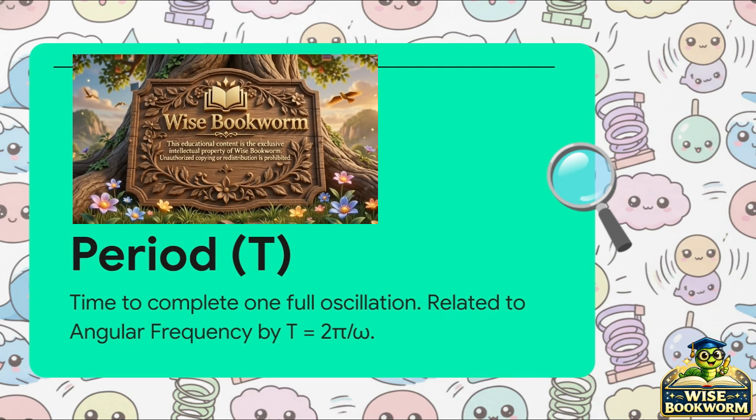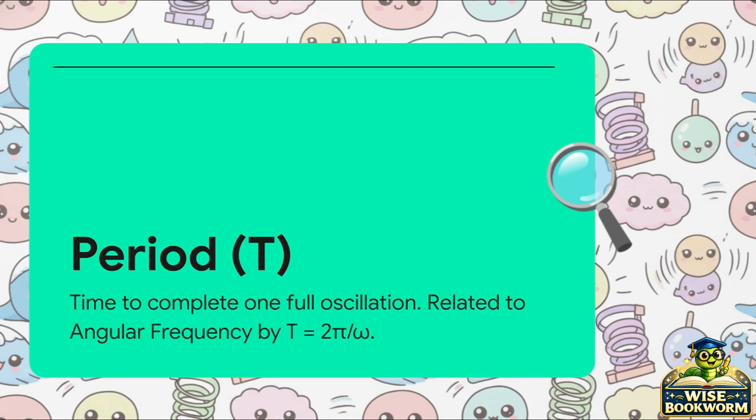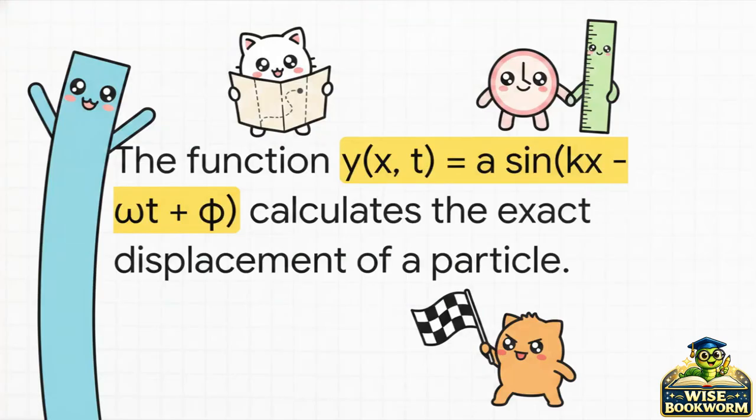And we mathematically tie that duration to the angular frequency using a really elegant relationship. T equals 2 pi divided by omega. By combining space and time, we get the displacement relation. Now, I know it might look like a slightly intimidating equation at first glance, but we can easily deconstruct it